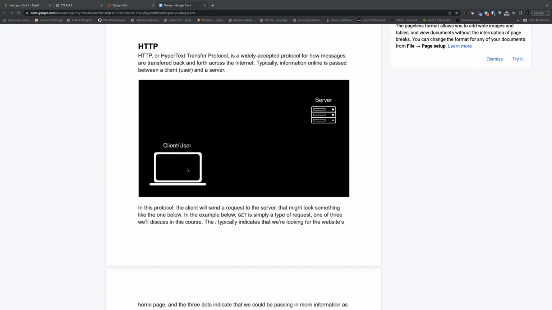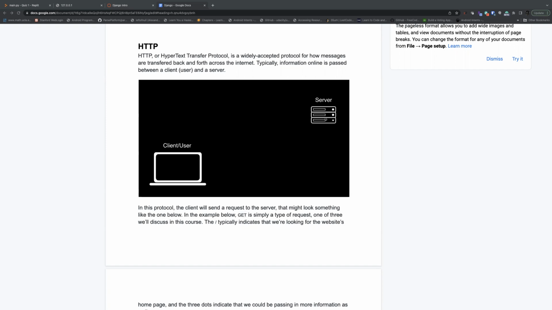A client is typically your laptop, desktop, cell phone, tablet, or even your watch, and it sends an HTTP request. Typically, the web app works through HTTP, hypertext transfer protocol, which is widely used in this kind of application. Information is passed between the client and the server. So Django lives on the server, remember, right? Once the request is sent to the server running Django, it will respond to the URL that the client sent,